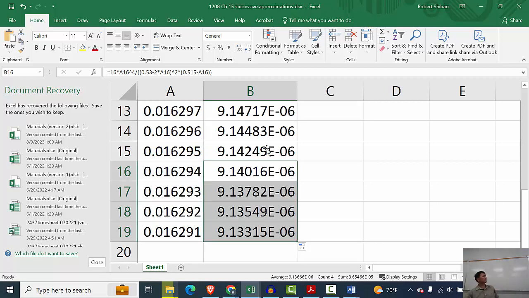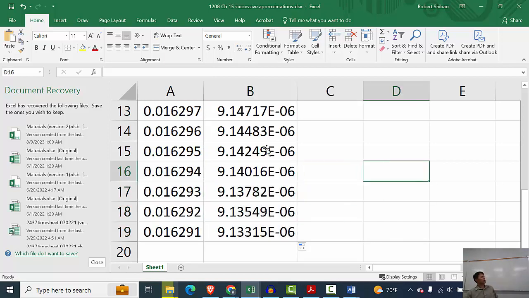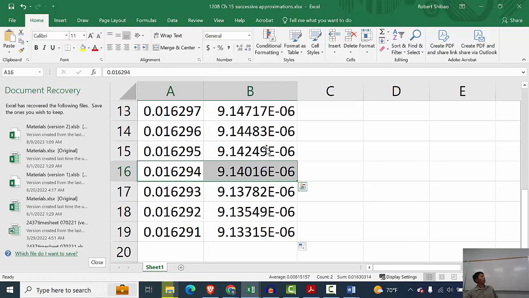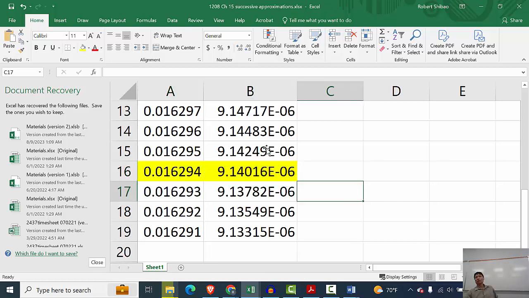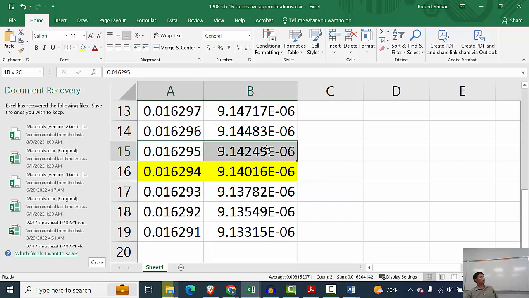So what does it look like the best one is? Here. As long as we can round it to 9.14, we're okay. So 15 would have worked okay. This one would have worked also. This one would have worked also because this one would round. This one would also round to 9.14. This one would also round. And so in this range would have been probably okay here. But this one's the best